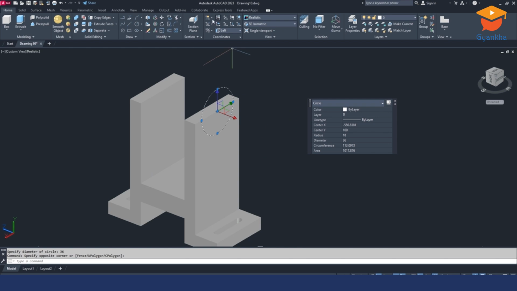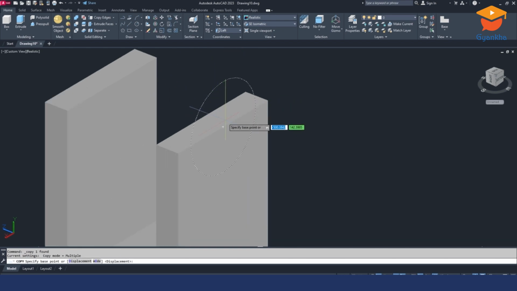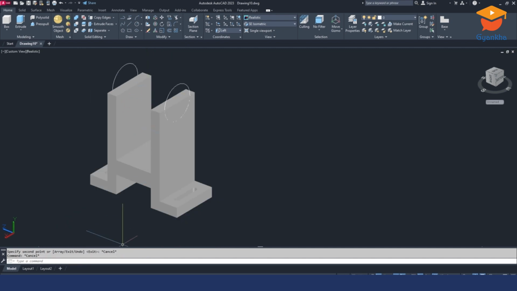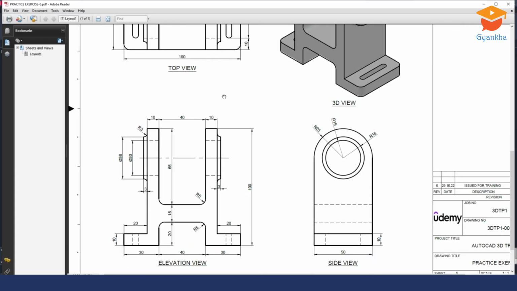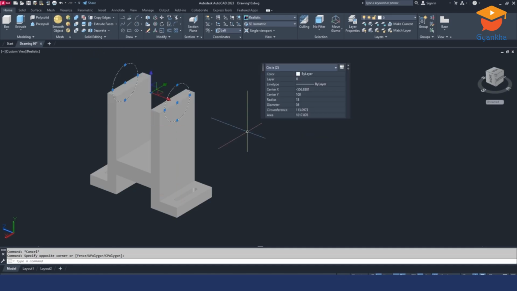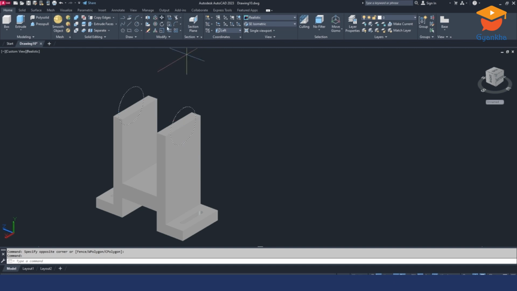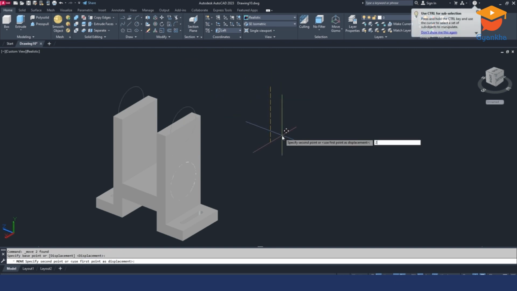Select this one, go to the copy command, click this midpoint and place it here, press escape key. Next you can see we need to place it at this center. You can see here the radius is 25, from this center to this point we have 25 mm. Select this one, go to the move command, click here, make it 25, then